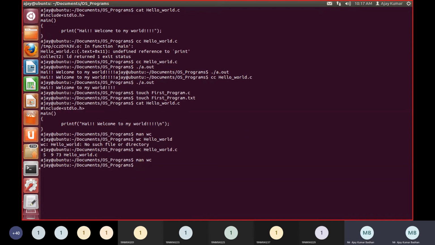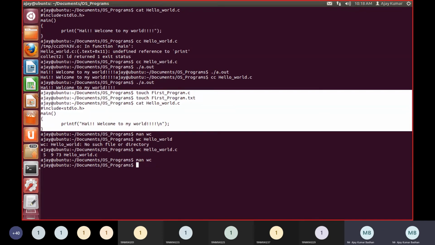So how many new lines are there in this? 5. Let's see, 1. Here you can count it. We already have the information. Hash include stdio.h is the first line, main is the second line, the third line is the bracket, the fourth line is the printf statement, and the fifth line is the closing brace. So you can see there are 5 lines. That is what is represented by 5. And 9 is nothing but how many words we have, right?